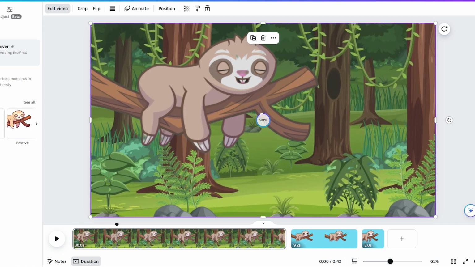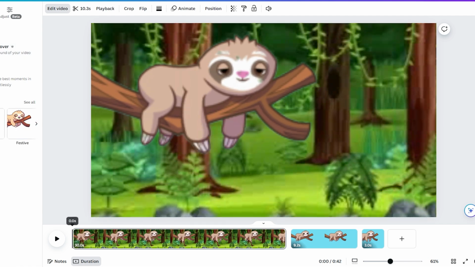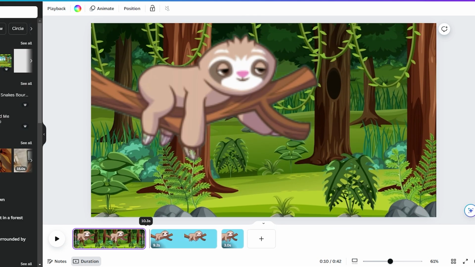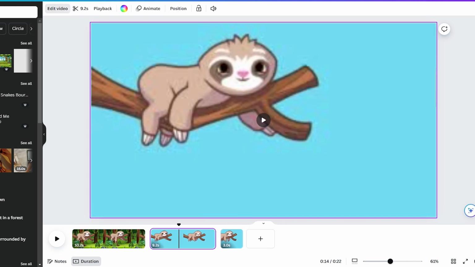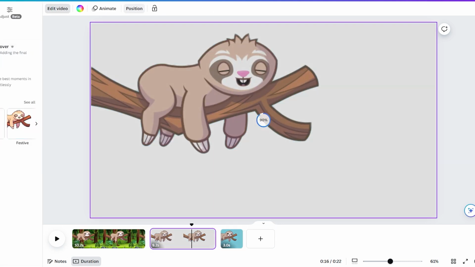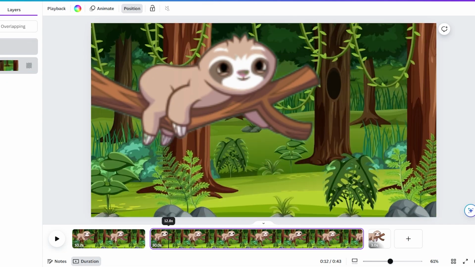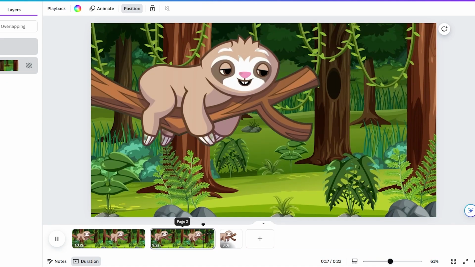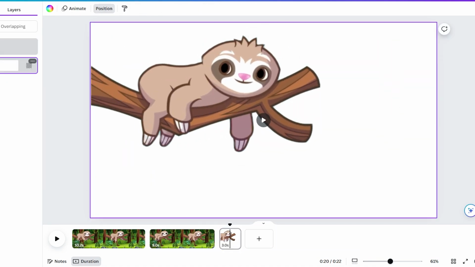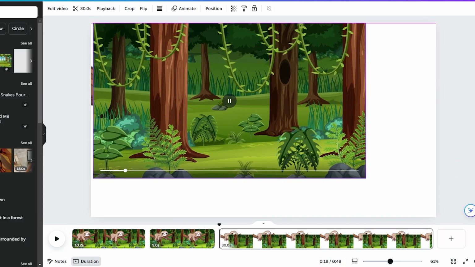To adjust the video size, refer to the animated video's duration in your upload folder. For example, if the first video was around 17.7 seconds, adjust the timer to 18 seconds for perfect synchronization in the editing section. Now go back to the Elements section and add some animated trees to make the video more